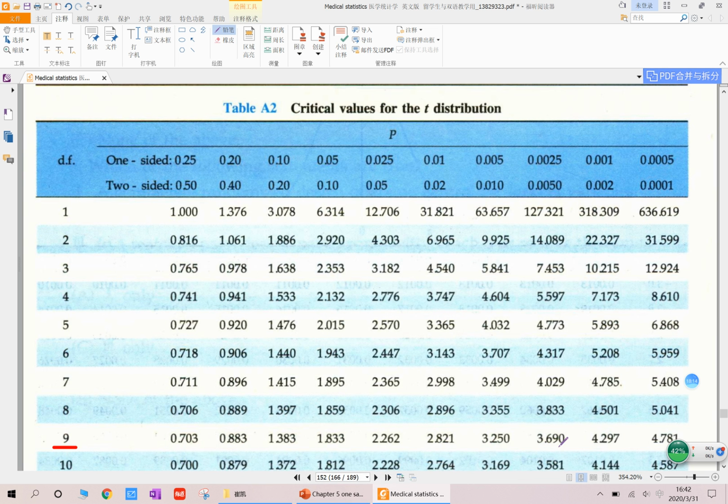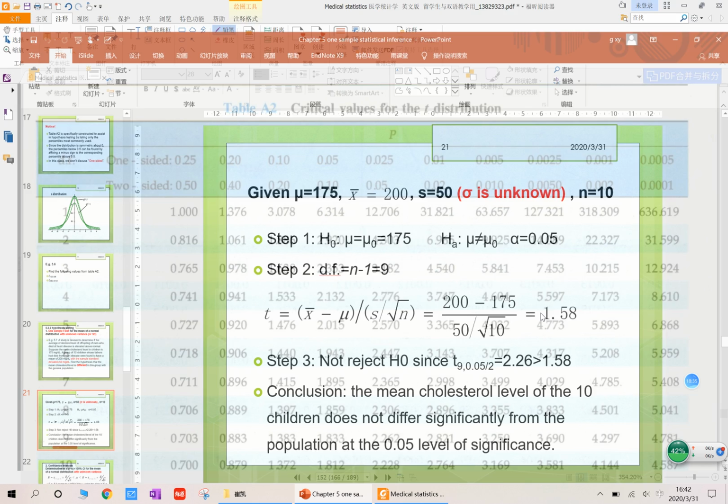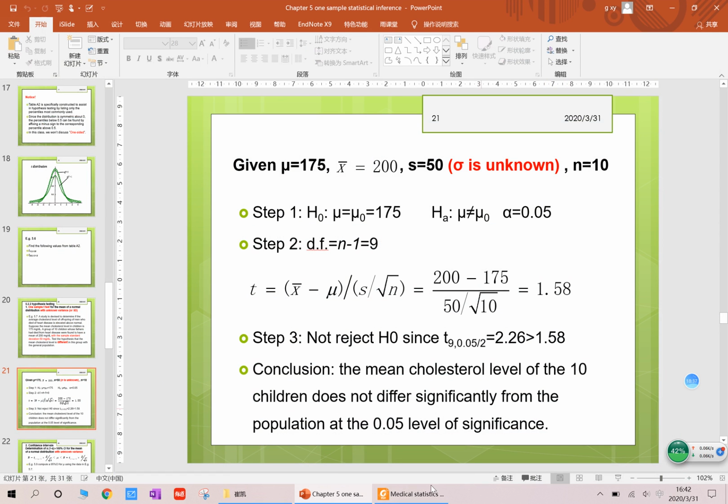There is no 1.58, right? Because this is not the whole table for t distribution. In this table, the most commonly used probability and its corresponding t value are listed, not all the t values. So here we cannot find this number, but we find